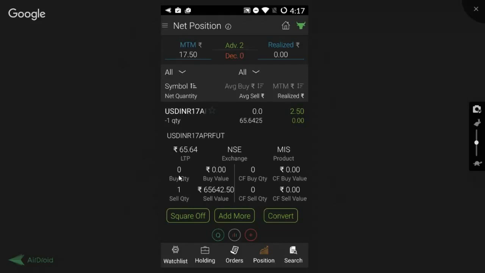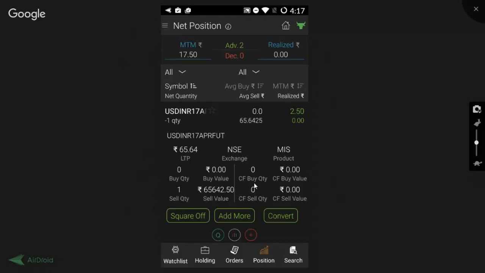So it's given as sell quantity. We have a total sell value over here. As you can see, this is in minus. That means you have sold the script. This is a sell value. It would also show us if we had carry forward this position or if we are carry forwarding any of the previous positions, and also the carry forward buy value and the sell value. So it gives us total information about the script, and the past information also is given over here.